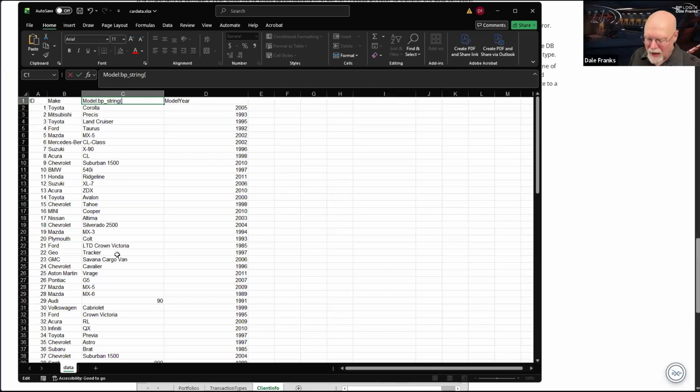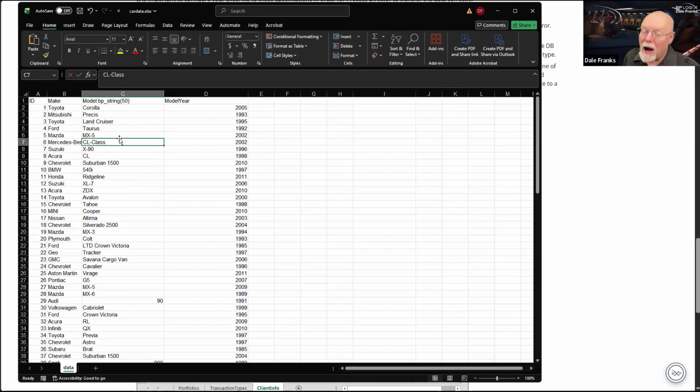Let's just save 50 characters for this field. So we can just pull this as BP string 50. And that way it will allow a max of 50 characters, but it will only set aside 50 characters in the database. So it will save us some memory space in the database when it creates the table.